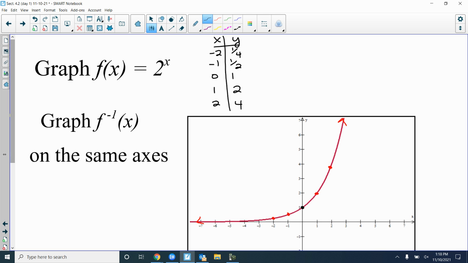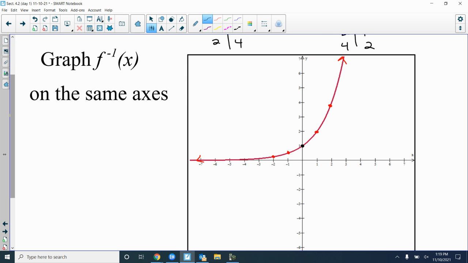So for the inverse, 1/4 would be my x, -2 is my y. 1/2 is my x, -1 is my y. 1, 0, 2, 1, 4, 2. And when I graph it,